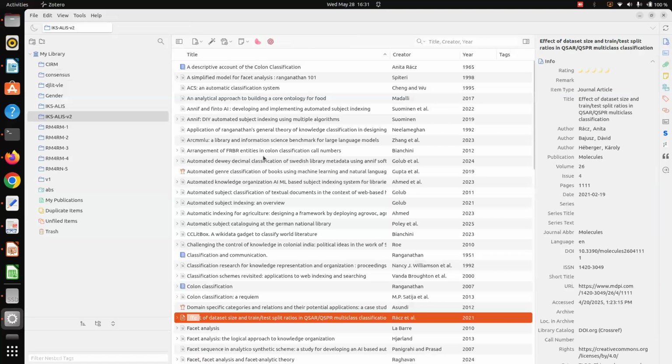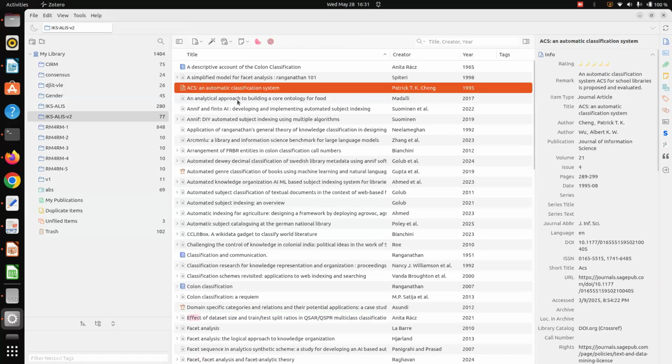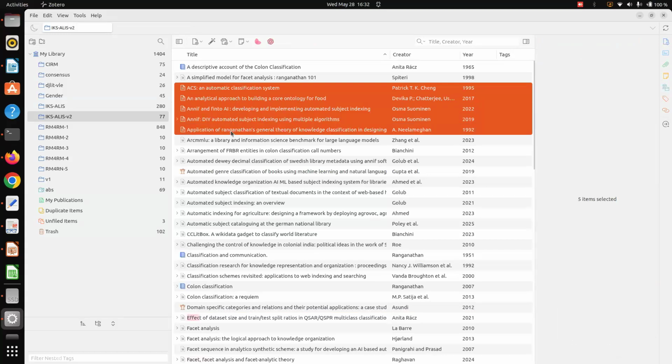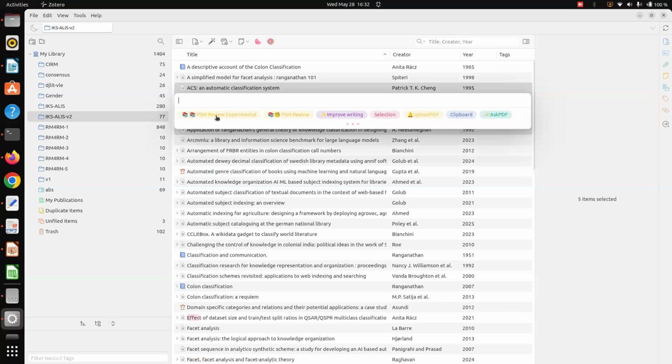Now suppose these five or six documents are related to some aspects of this paper. I want to make a literature analysis. I can click my Zotero GPT. This is what I have prepared for how it can be done in APA style.